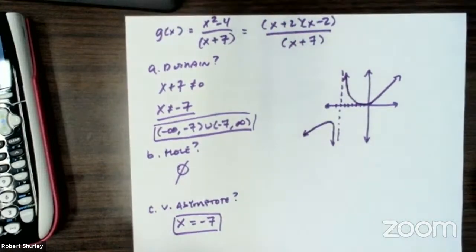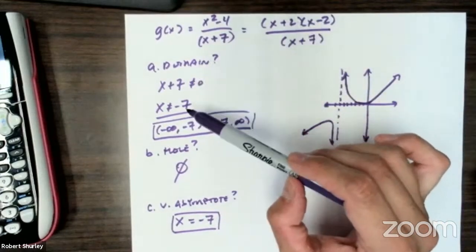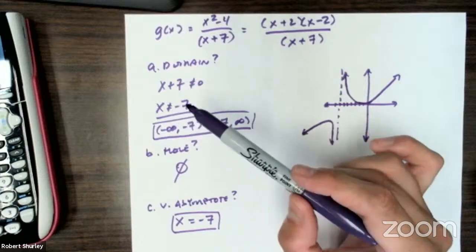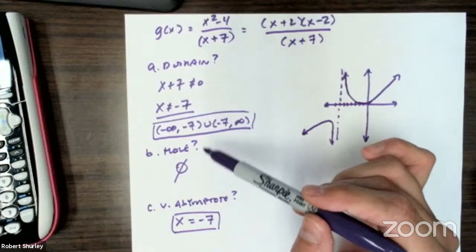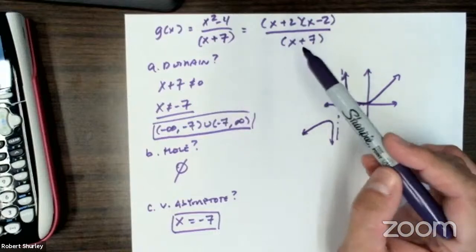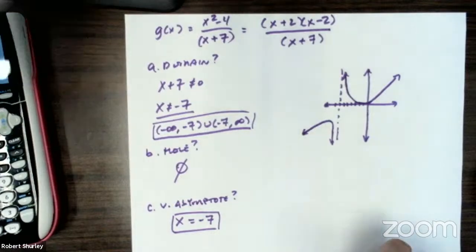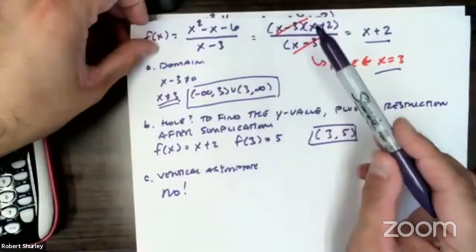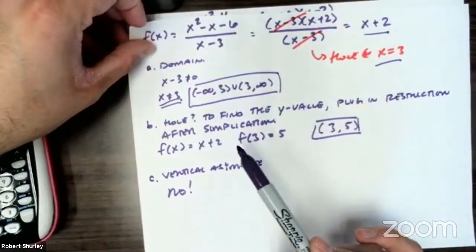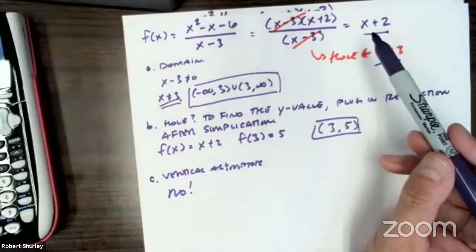So again, back to really what we're talking about. If we have a domain restriction, that domain restriction is either going to cause a hole or a vertical asymptote. If it doesn't simplify, it causes a vertical asymptote. If it does simplify, like the previous one, that means it's going to cause a hole. Now, if it causes a hole, it's written as a coordinate. So we have to